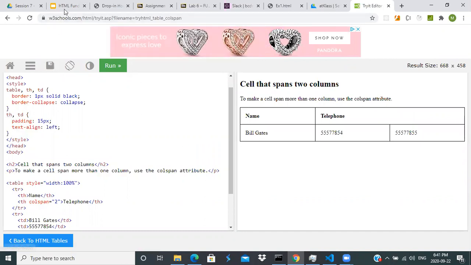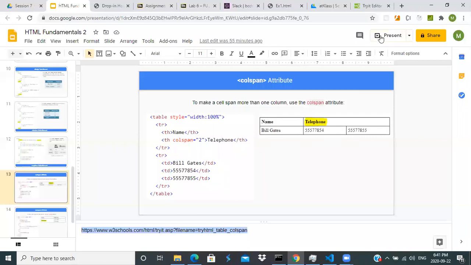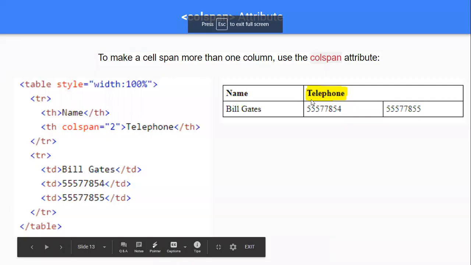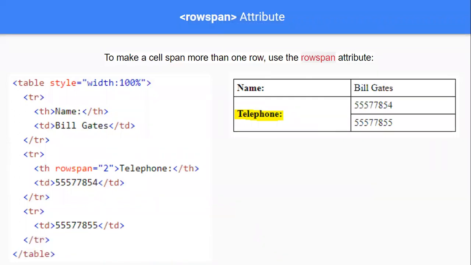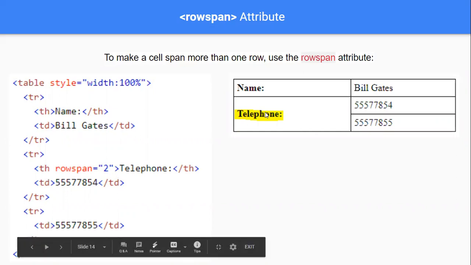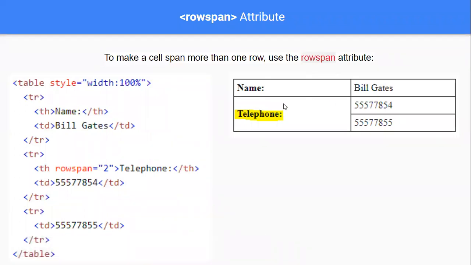All right. So col span, very important when you're trying to do headers. At the same time, there's the other way, vertically going down, as row span. To make a cell span more than one row, we use the rowspan attribute. So now we're going vertically, and we have this concept of row span. Now we have the telephone. That row is, if you can tell, basically a shorter grid, 2 by 2, but then inside of the second row, we have it split in that column,